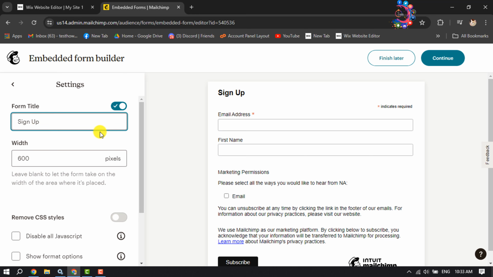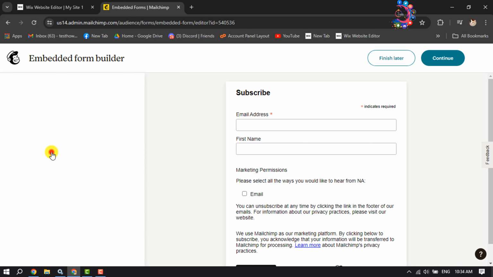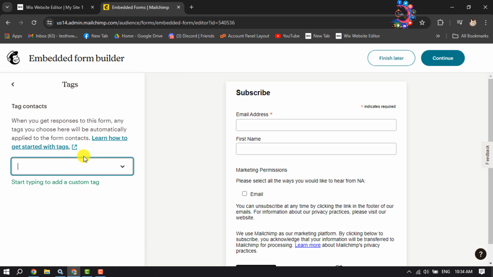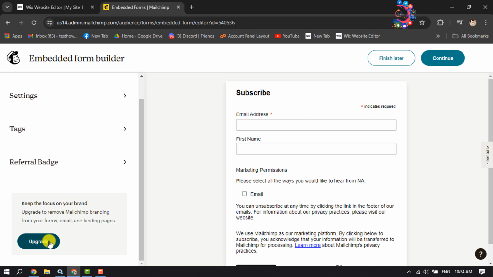And here, if you want to show or make the form title visible, you can do it from here, and you can also change your form title from here. I'm typing here "Subscribe", and you can also change your form width from here. So I'm giving only 500 pixels, and go back from the settings section and click on Tags, and here you can write tags for your Mailchimp form, and go back from here. And okay, once your form is ready, just click on Continue,